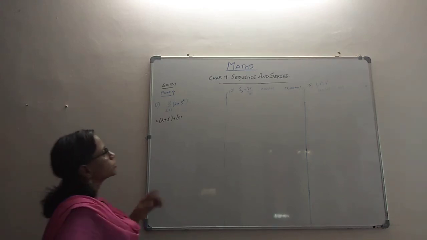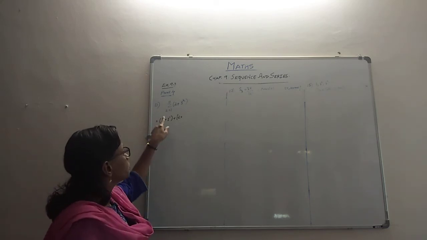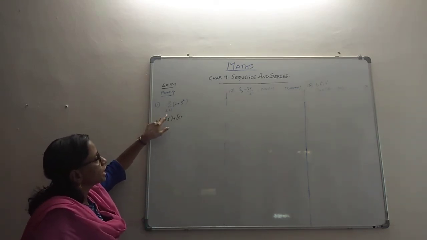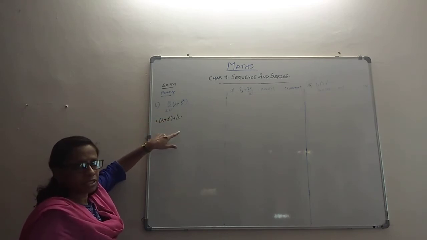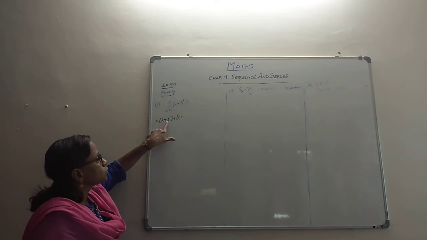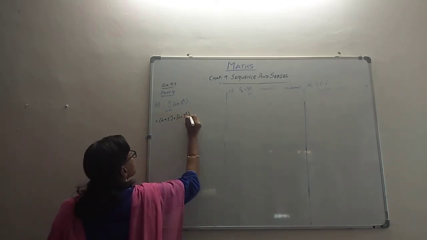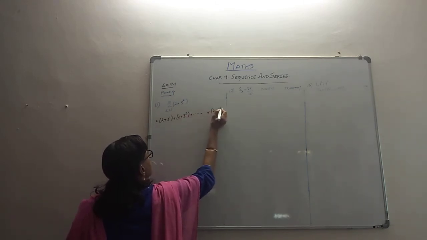Hello folks, we come to the part 4 video of the exercise 9.3 and right away the 11th problem. They ask us to find out the value of summation k taking value from 1 to 11, 2 plus 3 raised to k. We will elaborate this and we'll see what comes. When k is 1, it is 2 plus 3 raised to 1. When k is 2, it is 2 plus 3 raised to 2 and so on. The last term will be 2 plus 3 raised to 11.